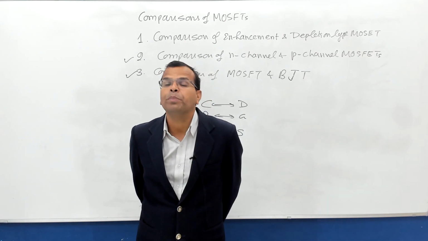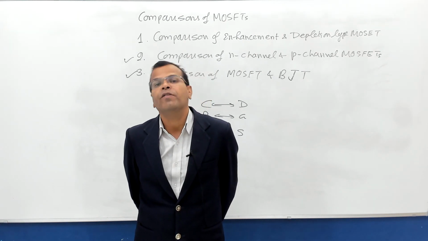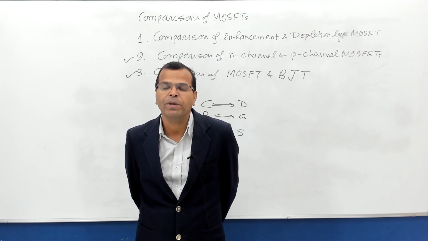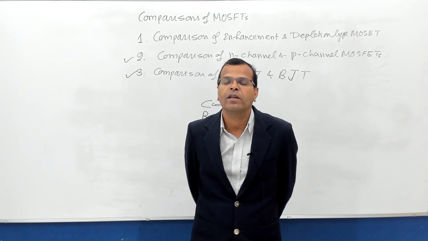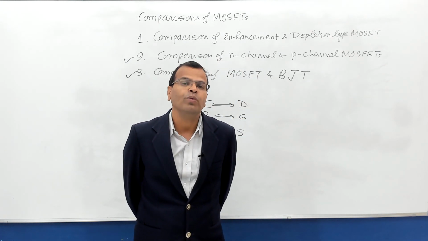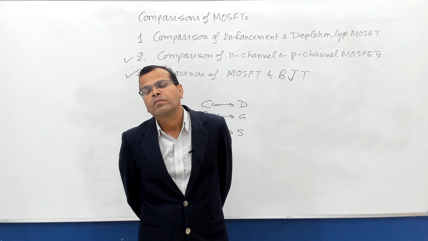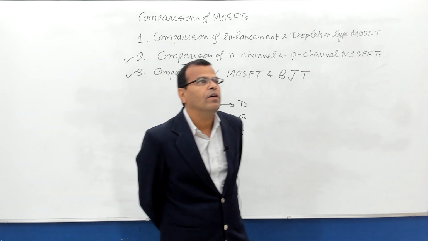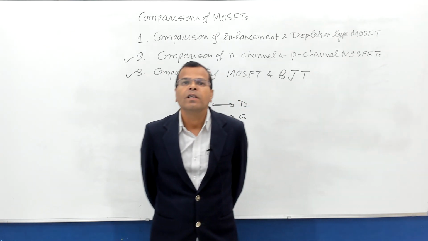So switching speed of MOSFET is very high as compared to MOSFET. Sorry, I'm repeating, that is wrong, I said it wrongly. Therefore switching speed of MOSFET is very high as compared to BJT. Then other points you should remember, in case of MOSFET,